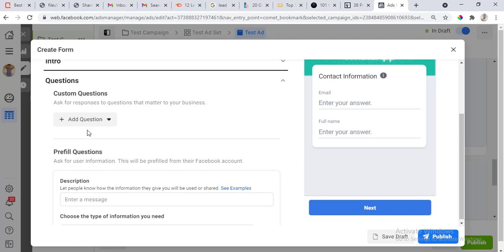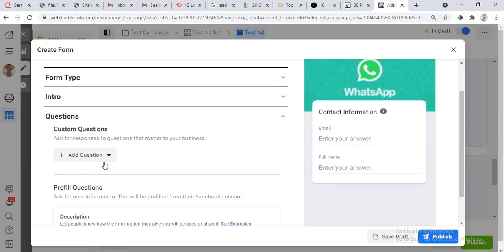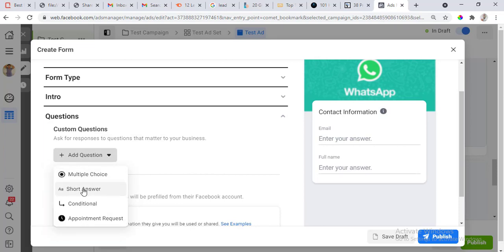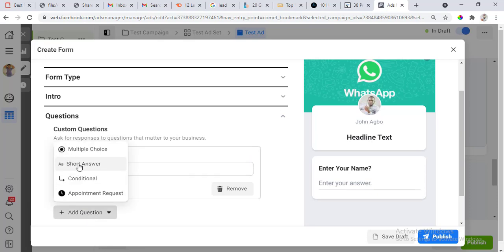So let's, okay, click on add question, then select short answer. All right, then you enter your question, say enter your name. So this is the information that your leads are going to give you on Facebook. All right, so enter your name, then you come here again, add another question,